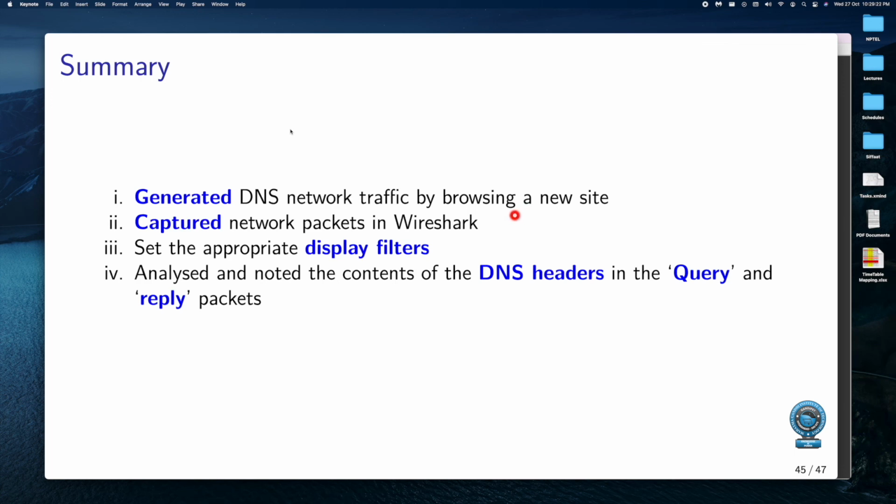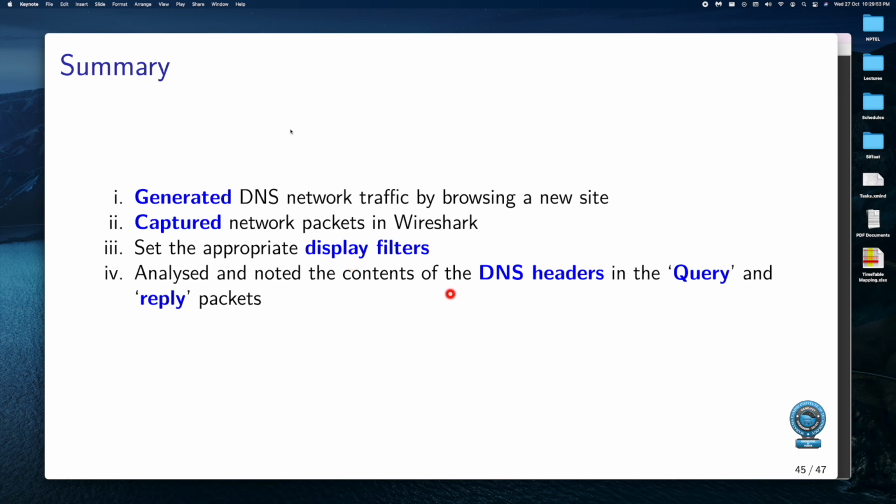It didn't know the IP address of this new site, that is nptel.ac.in. We also started the Wireshark capture for DNS. We set appropriate display filters. We set it as DNS, and that made our request send the DNS queries and the response came back from the DNS server with NPTEL's IP address.